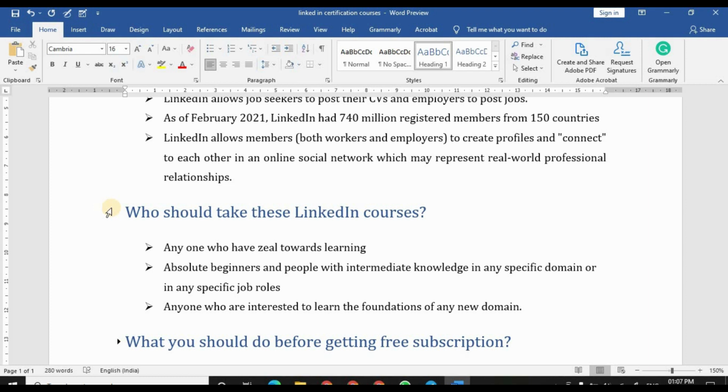Cryptocurrency is a new domain I am trying to move into, so I can find and choose courses related to cryptocurrencies and gain knowledge of what exactly they are. So people like me, people like you, and people all around the world can take up the LinkedIn courses.